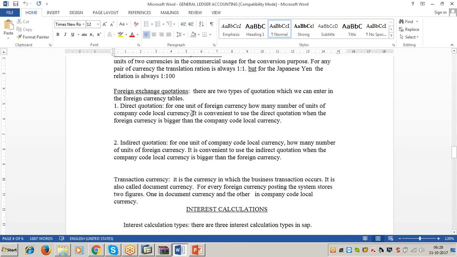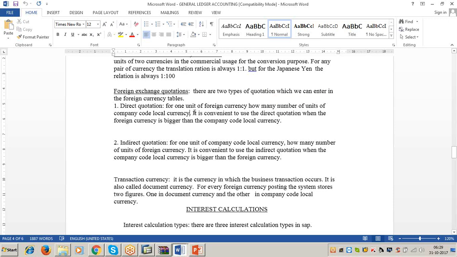Suppose you are doing the practice with Indian company code. So your company code local currency will be INR, right? Then US dollar will be foreign currency. So direct quotation means for 1 unit of foreign currency, for $1, how many number of units of company code local currency you get? How many number of rupees you get? 66, 68, 67 and so on.